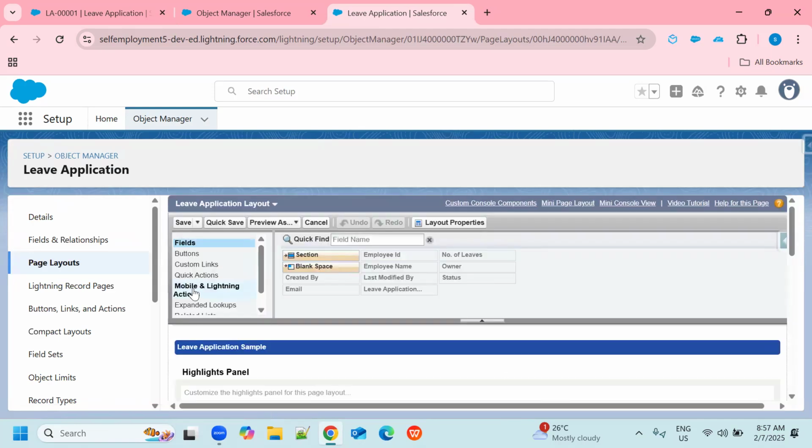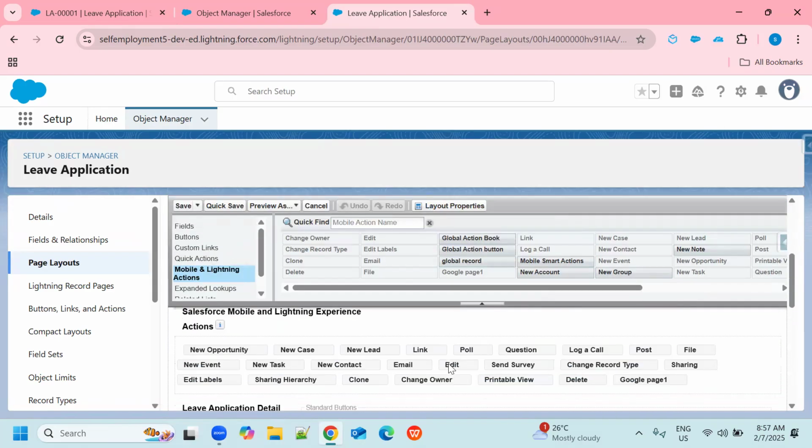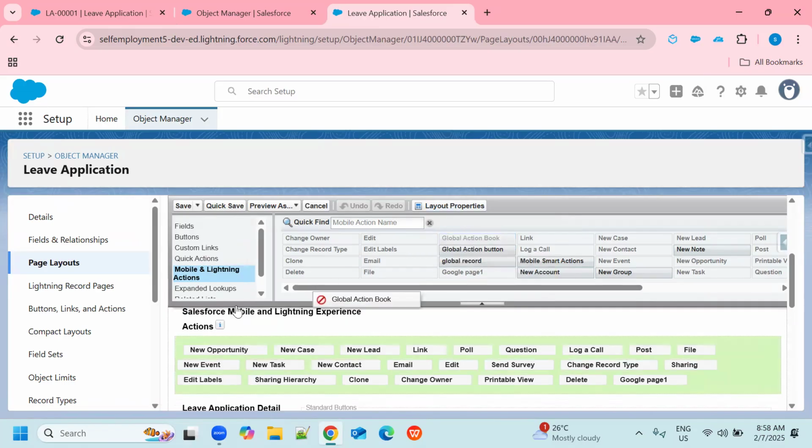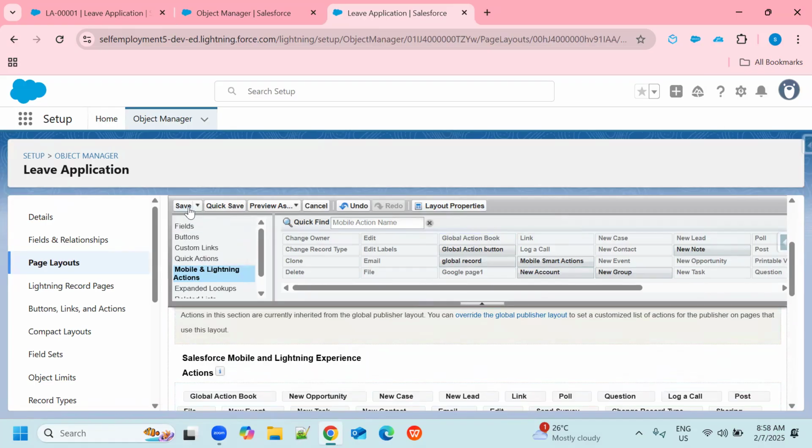Now click on mobile and lightning. So this is our action which we have created, global action book. Now we need to add it under this section. Just drag and drop it here, right? And click on save button.